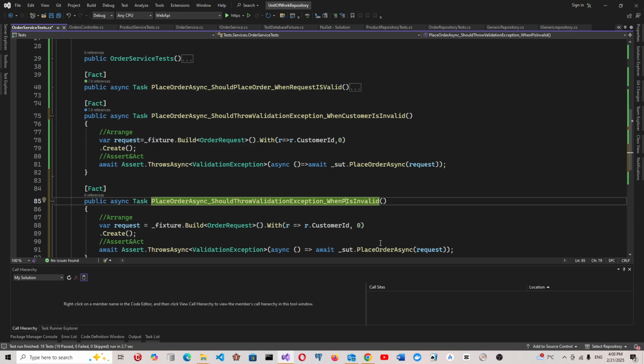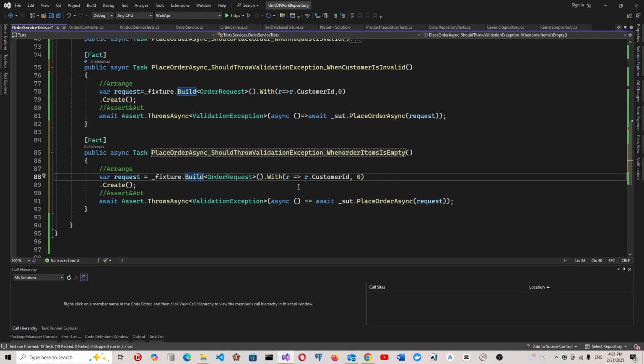Oh yeah, that's one order item is empty. Order item is empty. So let's say for this we build order request we go to our items